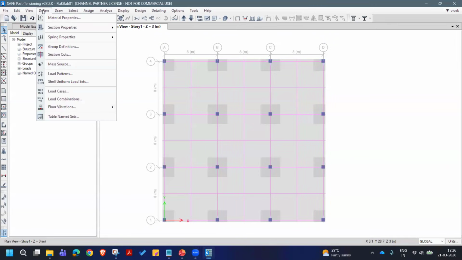So the recommended approach is that we need to calculate the immediate deflections and then long-term deflections. Then we also work with the sustained and non-sustained parts. I'll quickly take you through this small number of steps that you'll have to do. It's our recommended procedure. So the method or the procedure followed by the SAFE program is by